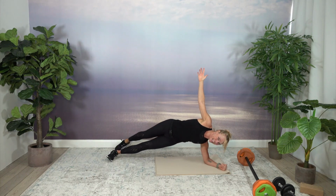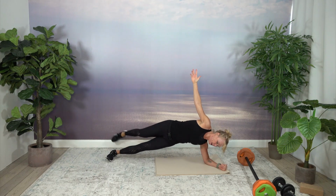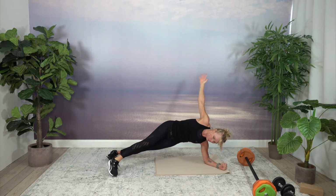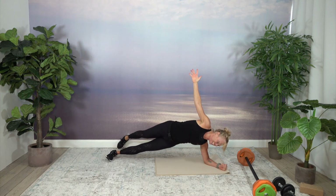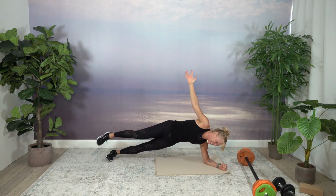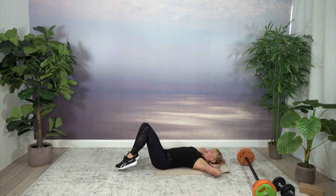Lots of balance. Okay, 3. Doesn't have to be pretty. 2. And 1. Before we do the other side, because now we have fatigued both sides to some degree, let's do a core exercise. So come down on your back, supine,